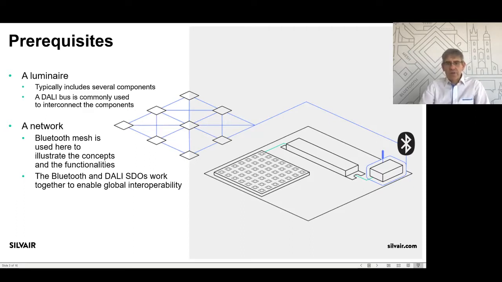A luminaire typically includes several components today. There is a light source, of course, then there is a driver, and there may be one or more sensors, and very often there is a network interface device, which may be a wireless device. In this case I will be using Bluetooth Mesh as the preferred technology to illustrate the concept and the functionalities. Also, I will be discussing how Bluetooth SIG and DIIA, the organization behind the DALI standard, work together